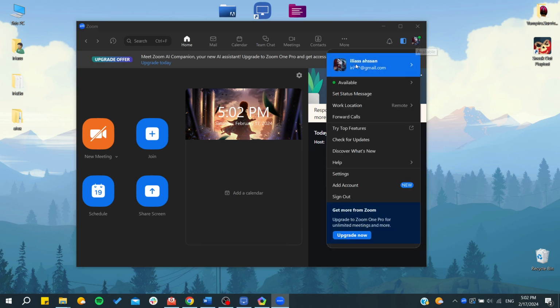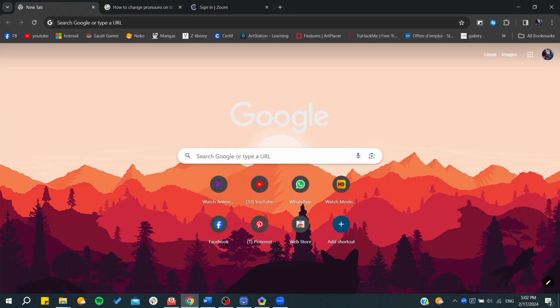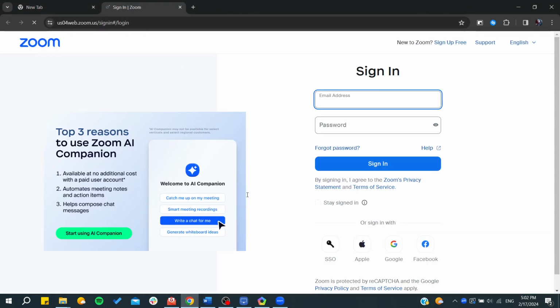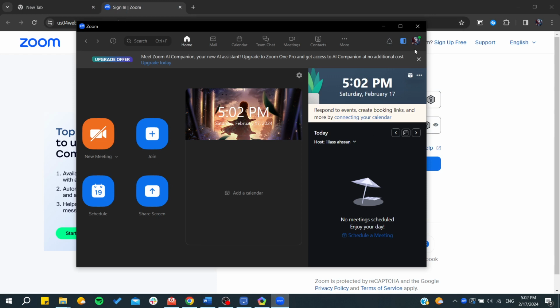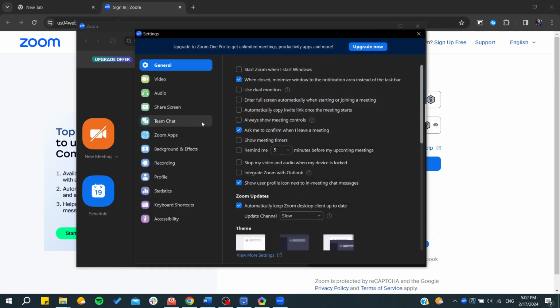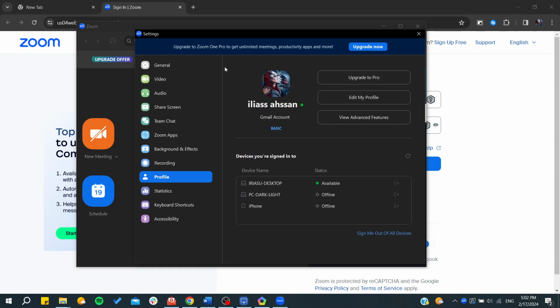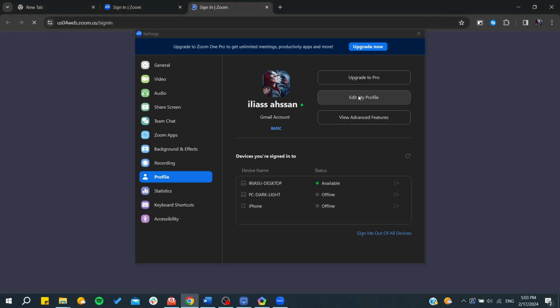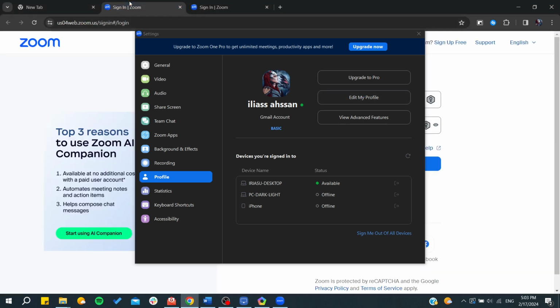picture, and this is your profile. Either you can click on your profile and basically it will just redirect us to our sign in to Zoom, and from there we can change some things. And basically there are also the settings place where you can find your general profile or your general information. And as you can see, you can click here and edit my profile, and it will take you to